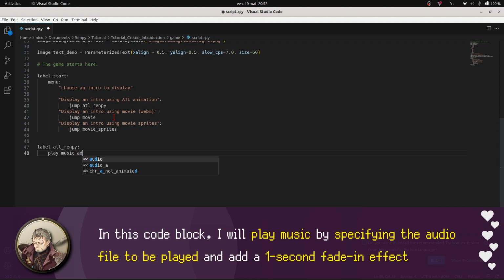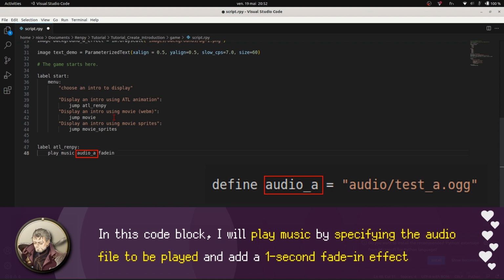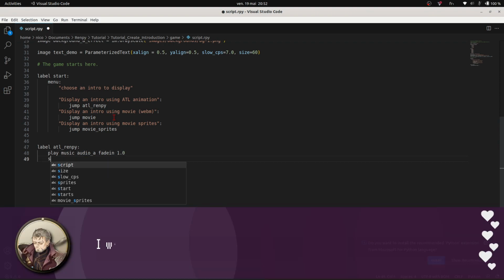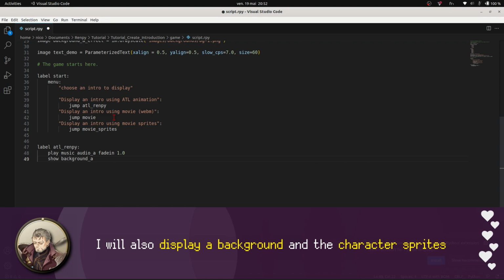In this code block, I will play music by specifying the audio file to be played and add a 1-second fade-in effect. I will also display a background and the character sprites.